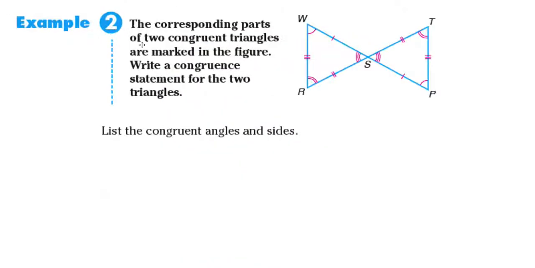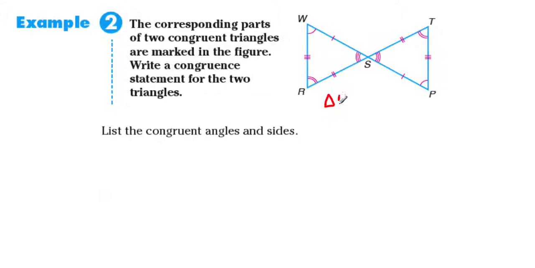The corresponding parts of two congruent triangles are marked in the figure. Write a congruent statement for the two triangles. Okay, so if you notice, angle W and angle P are congruent. Angle R and angle T are congruent, and angle S is basically congruent to the same thing. So what we can do is we can write the congruency statement here for the two triangles. We can say that triangle, if I start with W,